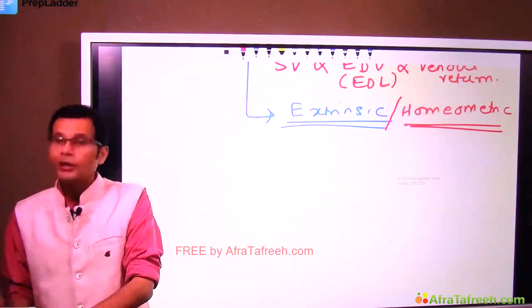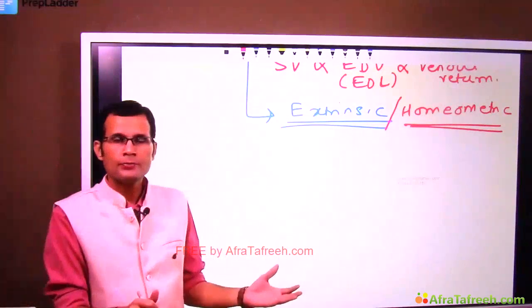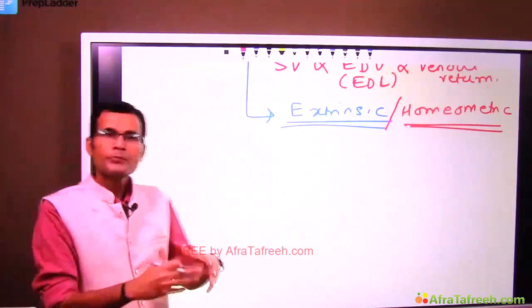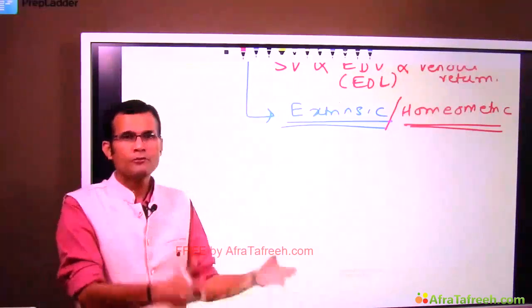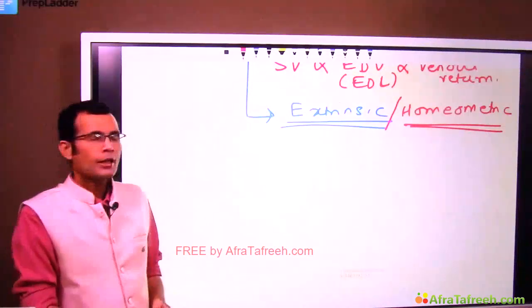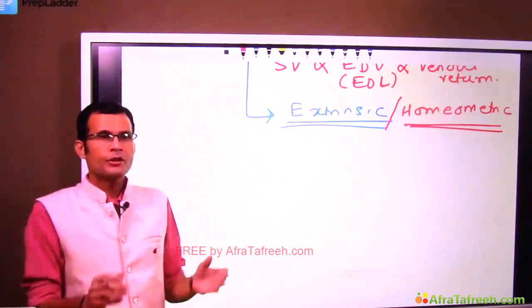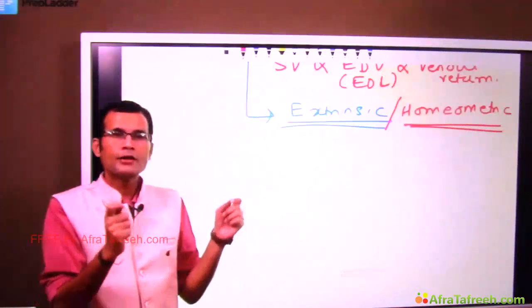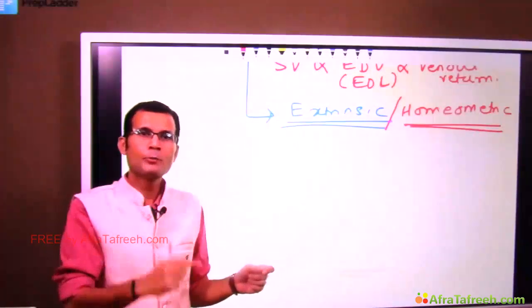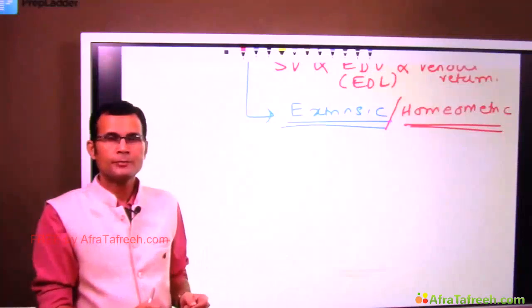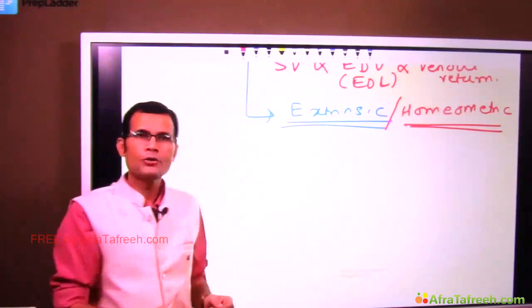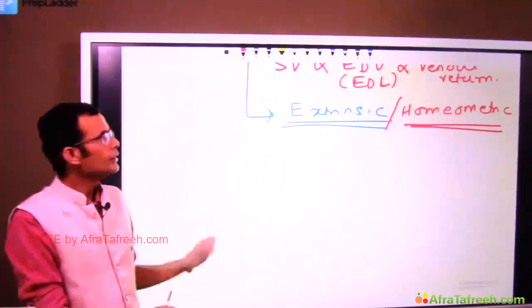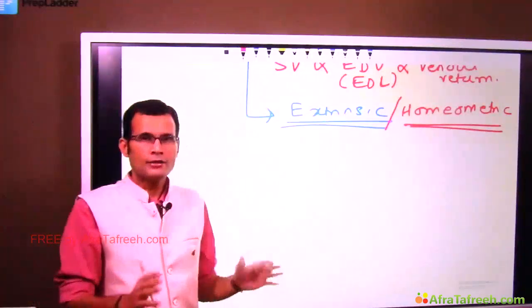End diastolic length will be greater. Length of the ventricular muscle fiber by the end of the diastole will be greater because more blood is filled into the ventricle. And that means with the starting of the next systole, that greater length will produce stronger contraction. And if it produces stronger contraction, it will eject out more amount of blood. Stroke volume will be higher. So that is the Frank-Starling law